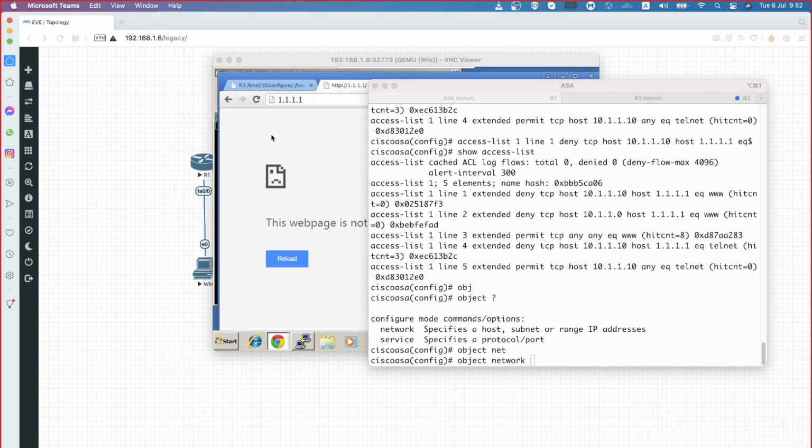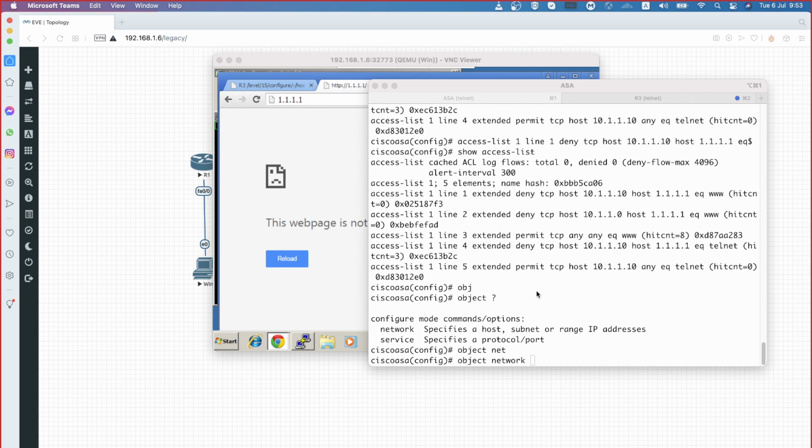Okay, right. So what is recommended is, even before you start referring to these IP addresses or the networks, it is recommended to create them as an object within your Cisco ASA, then call them inside the rules wherever you want. The object can be referred to in the source or the destination or in the service, you can do that. So first of all, you have to start creating the objects with the help of a keyword called object. Earlier, we used to have a separate keyword called object group. Anyway, so now we have something called object network. So within that, you will be able to create the objects, right?